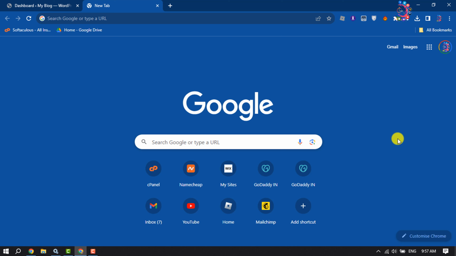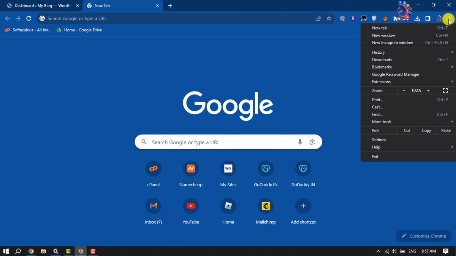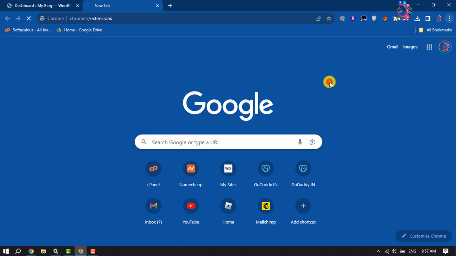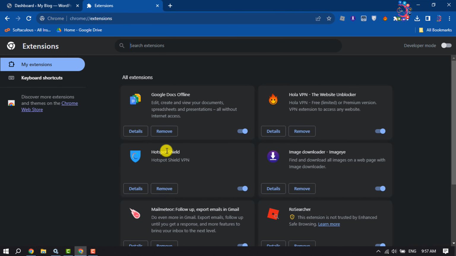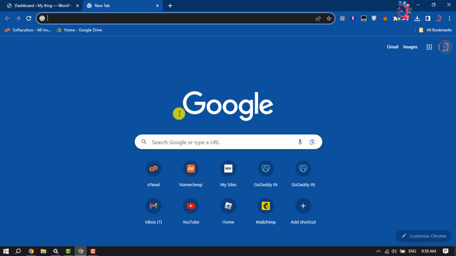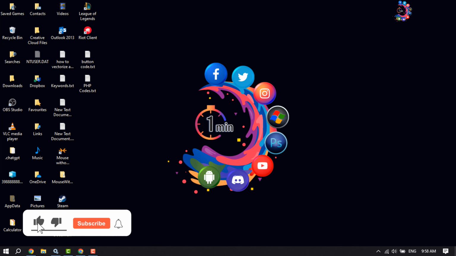And the second thing you can do is turn off all of your browser extensions. To do it, open your browser, click on the three dots, click on Extensions, and click on Manage extensions. Here, all you need to do is disable all of your extensions one by one and then check the issue. And the last thing you can do is go to your desktop and click on the search icon